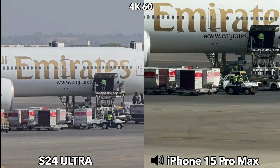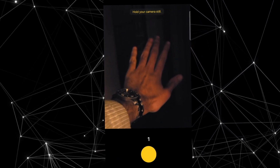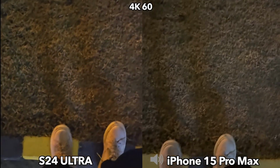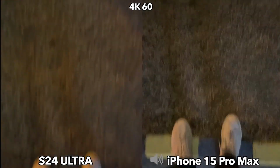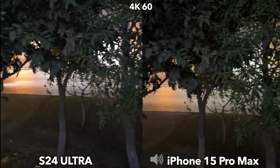and extended zoom capabilities. Moving to low-light zoom, the iPhone shines at 2x but loses ground as optical zoom kicks in on the S24 Ultra from 3x onwards. In low-light conditions, the iPhone consistently delivers brighter results, albeit with more noise. At 5x, the S24 Ultra claims victory in low-light portraits, showcasing sharper results while the iPhone struggles to match its